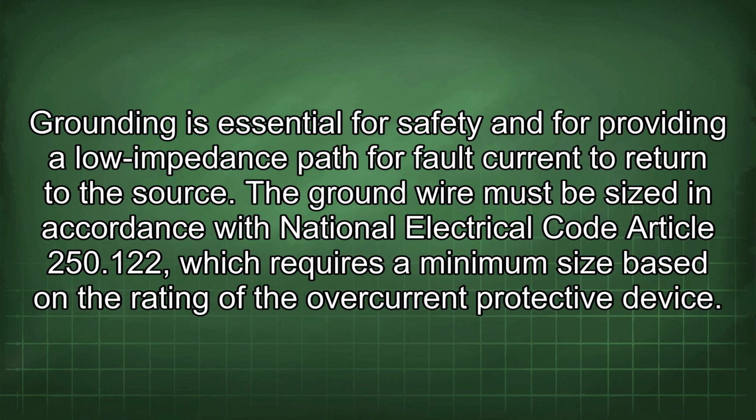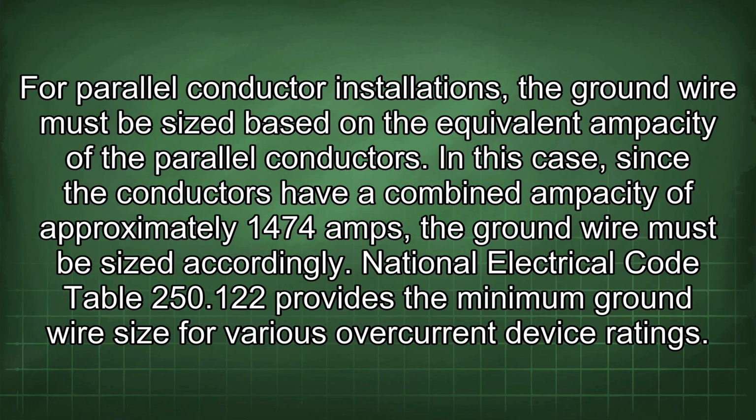Grounding is essential for safety and for providing a low impedance path for fault current to return to the source. The ground wire must be sized in accordance with National Electrical Code Article 250.122, which requires a minimum size based on the rating of the overcurrent protective device. For parallel conductor installations, the ground wire must be sized based on the equivalent ampacity of the parallel conductors. In this case, since the conductors have a combined ampacity of approximately 1474 amps, the ground wire must be sized